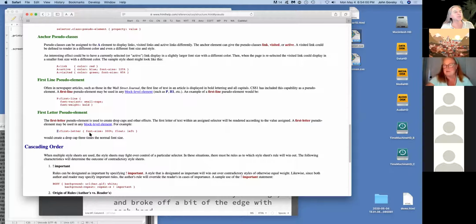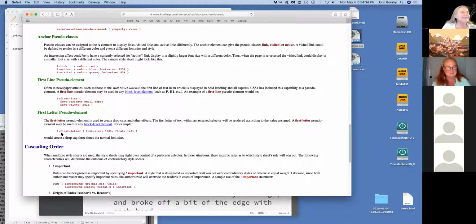Right. That was where I was having too much fun with the paragraph. Too many first letters, because all those paragraphs had that. So you could do a local style, and in the P tag itself, you can put this first letter pseudo element selector, or you can give the paragraph a class like first paragraph. Make up a class name like first paragraph, or paragraph for initial cap, whatever you want to call it.